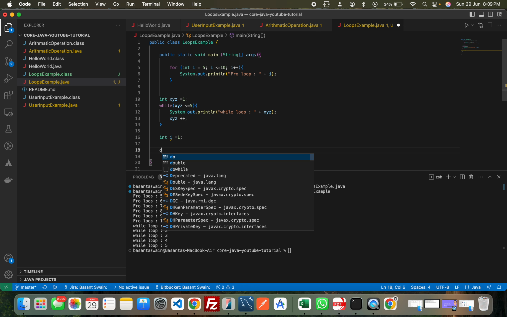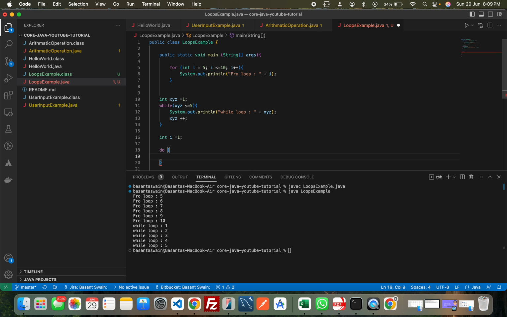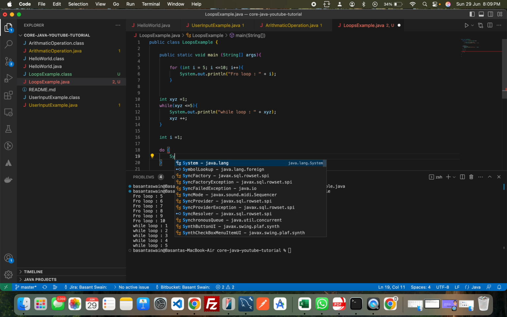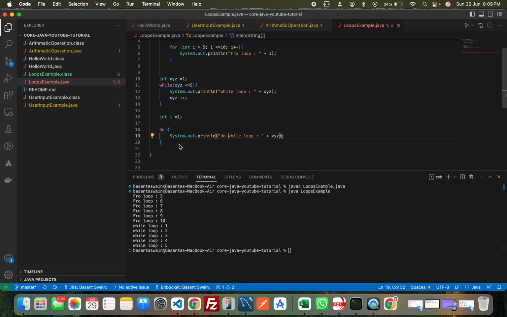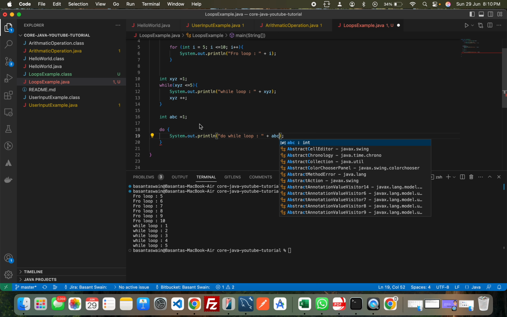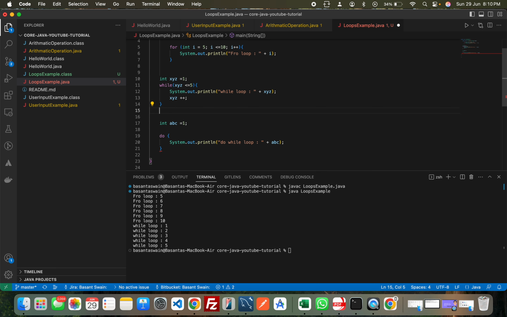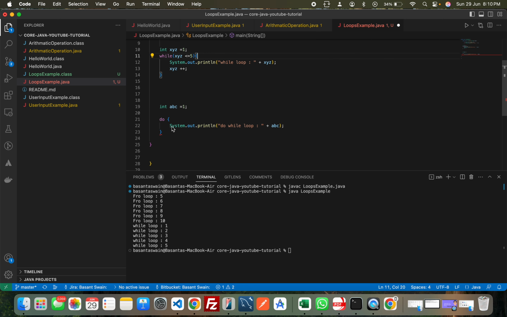and then we will put do. Inside the do we will print any value. Let's copy from here. Here I will write do while. So here what happened, we will take abc, another variable, and it will print abc, the same value. Don't get confused here. Here our while loop starts and ends, here our do while loop starts and ends. Then we will increment the values here